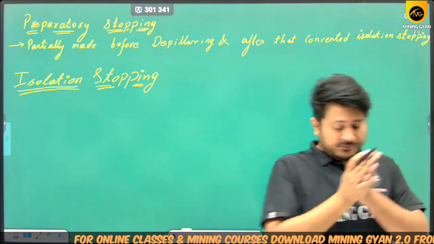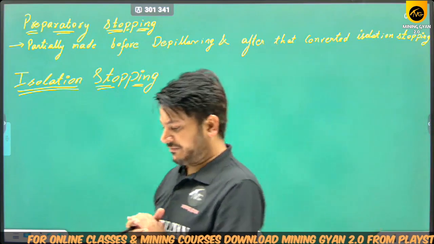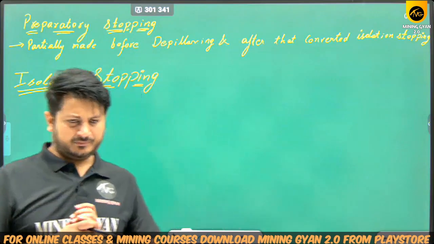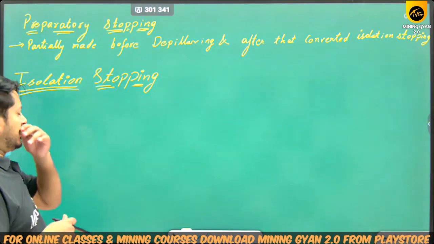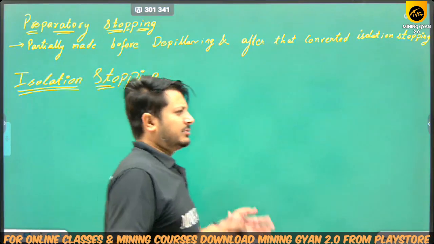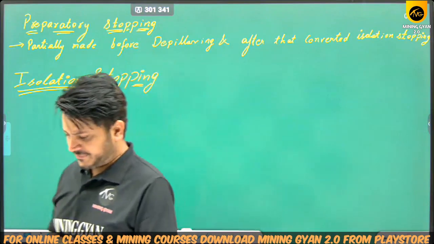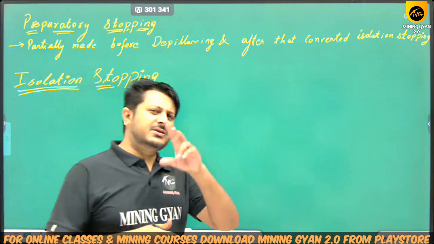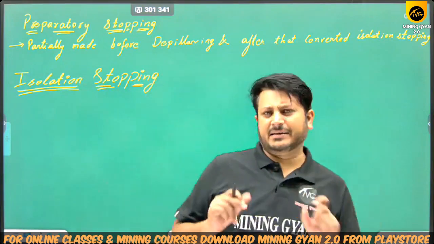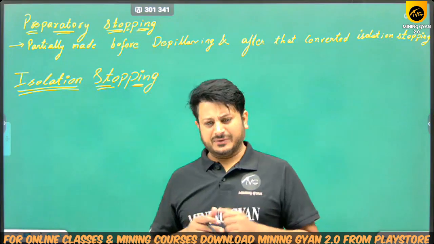Okay, but the thickness of this stopping varies according to the degree of गैसीनेस। अभी डिग्री 1, 2, 3 तीनों माइंस में, यानी गैसीनेस वाली माइंस में बनाया जाता है, लेकिन इसकी जो थिकनेस होती है वो वैरी करती है अकॉर्डिंग टू द डिग्री ऑफ गैसीनेस।